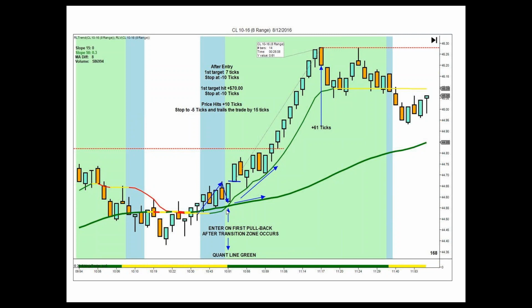You're not going to enter an option in consolidation. And you're not going to enter options where you're still going to get a retracement, a multi-candle retracement that lasts a significant period of time. A retracement is a real hammer to an option. Again, so is consolidation if it lasts for a long time, but the retracement is worse.